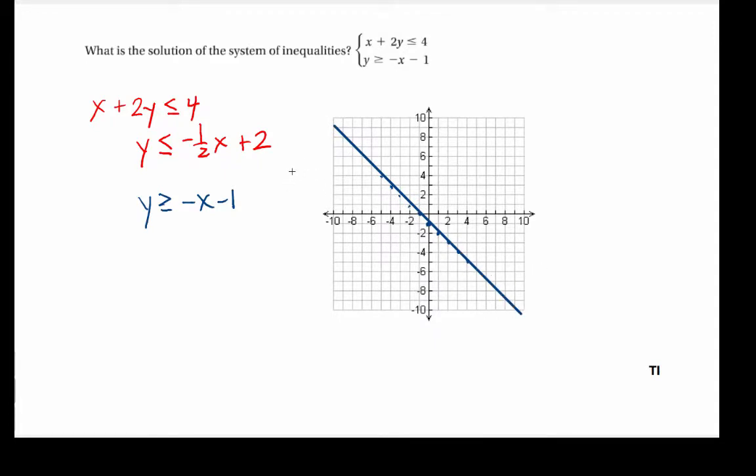All right, so there is my blue boundary line. Now let me go ahead and work with my red inequality here. I have a y-intercept of 2, and I'm going to go down 1 over 2, down 1 over 2 with my -1/2 slope. I can also go the other direction here. Remember, anytime we are solving a system,